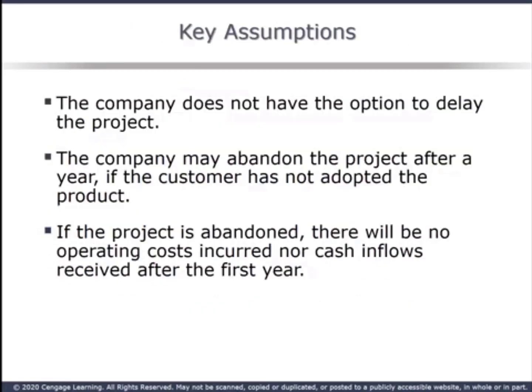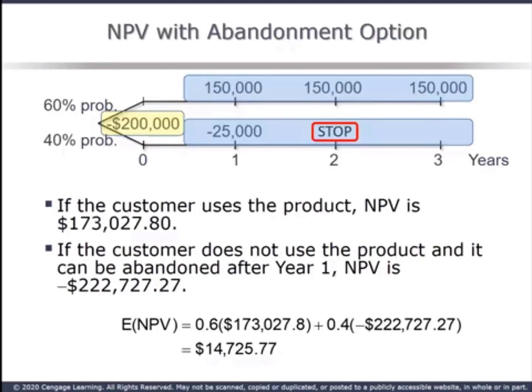Suppose further that the firm cannot delay the project, but they can abandon it after the first year if customer acceptance is poor. This further revised dual path timeline reflects abandoning the project after year 1 on the lower leg. Upper leg NPV remains at 173,027.80. But the lower leg changes to a minus 222,727.27. The addition of the option to abandon has turned this project from an NPV of a negative 1,051.84 to a positive NPV of